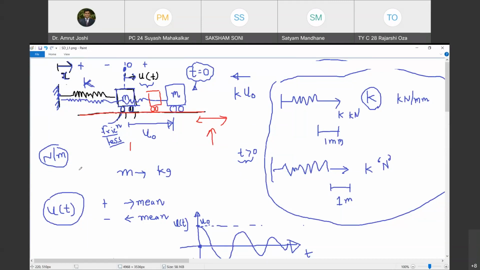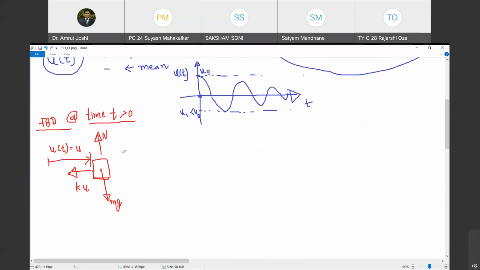Okay, sir. Now, I really don't know a priori. I don't want to make any assumptions whether the body is moving towards left or towards right, whether it is accelerated towards left or whether it is accelerated towards right. What I'm going to simply do is assume that its acceleration is towards right. Are you with me? Okay, sir. This is what I assume.